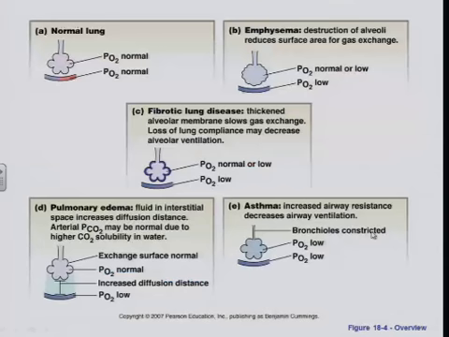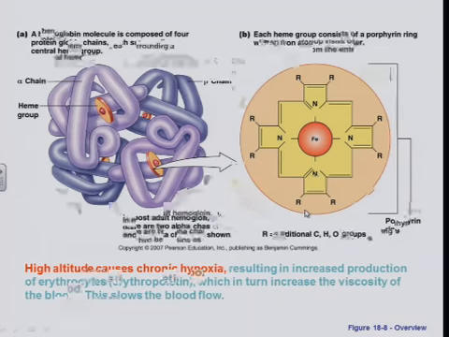So we talked about a variety of different aspects, so make sure when you're looking at a normal lung, talk to yourself, think about what can affect alveolar oxygen, alveolar CO2, arterial oxygen, arterial CO2. Okay? Hyperventilation, hypoventilation will both affect, even in a normal lung. So make sure you understand what happens in a normal lung, also what can happen in emphysema, fibrotic lung disease, pulmonary edema, asthma.